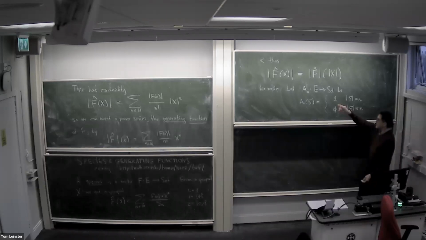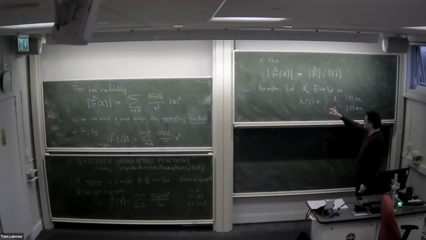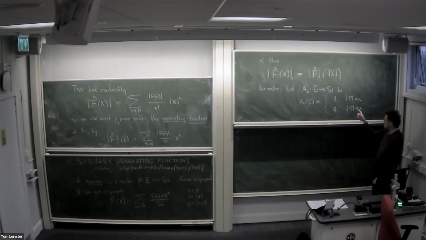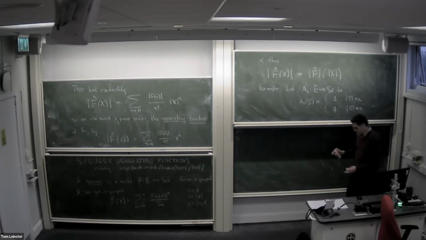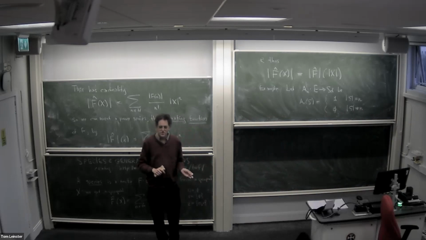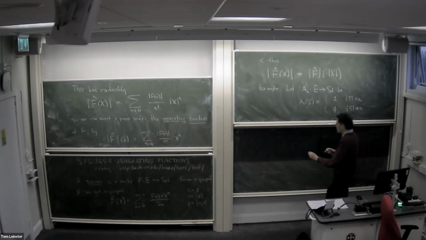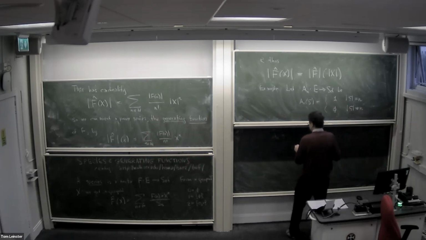So I said before that a species is a way of describing some sort of structure you can put on finite sets. But this is a sort of degenerate case of a structure, because this is some kind of structure that you can put on the set S in exactly one way if it has n elements, and you can't put the structure on at all, there's no ways, if it has any other number of elements. So this structure is actually a property. So a property is a structure that you can only put on something in one way. That's a good way to think about the difference between structures and properties, at most one way. And so I would call A_n this,